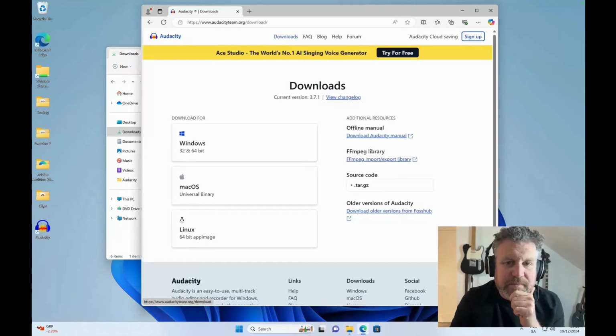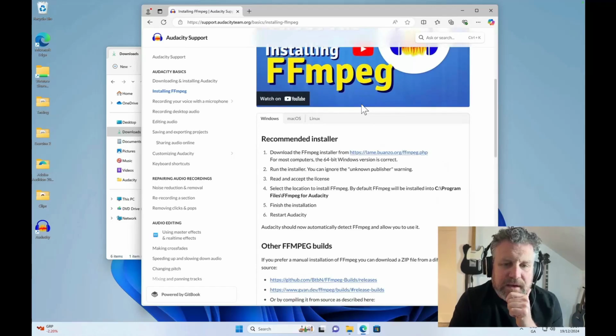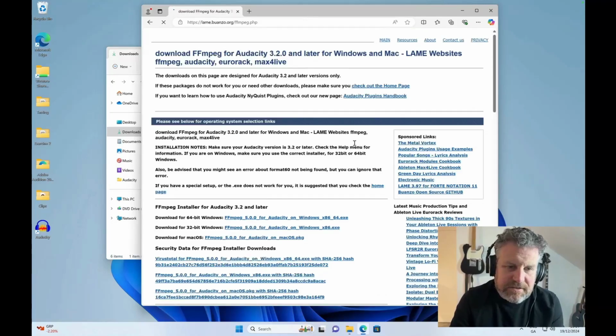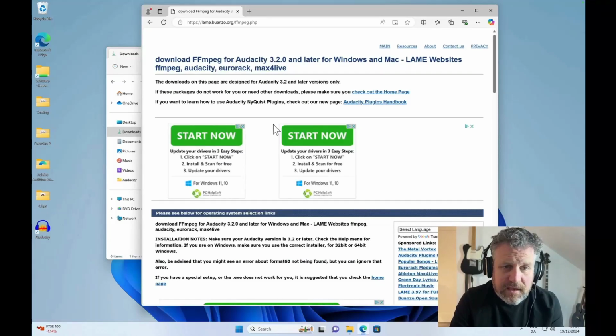If I go to downloads, you'll see there's this FFmpeg library. So what this is, it's a licensing thing. It's so that Audacity can handle lots of audio formats, MP3 and a whole variety of other different ones. It's just a licensing thing that it can't be bundled with it by default, so you have to download it separately. Okay, so if you just click on the link,